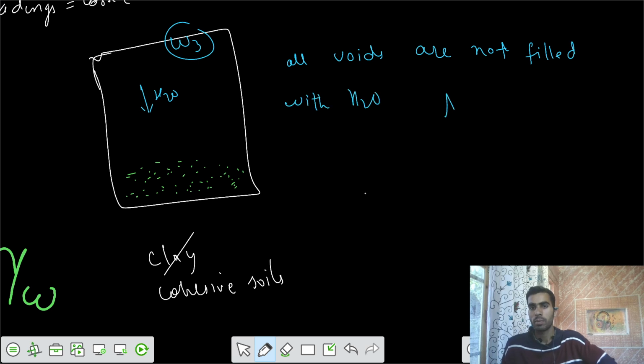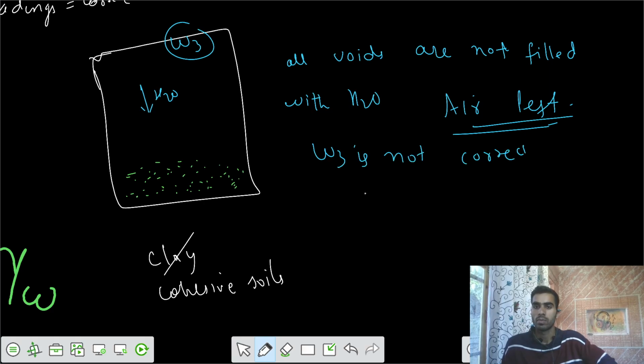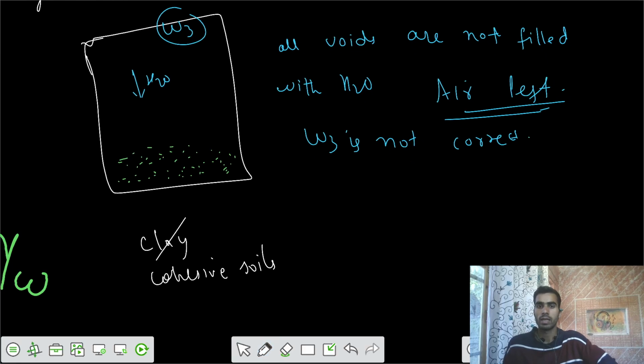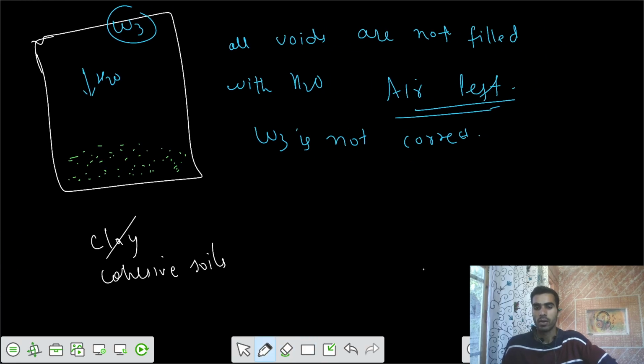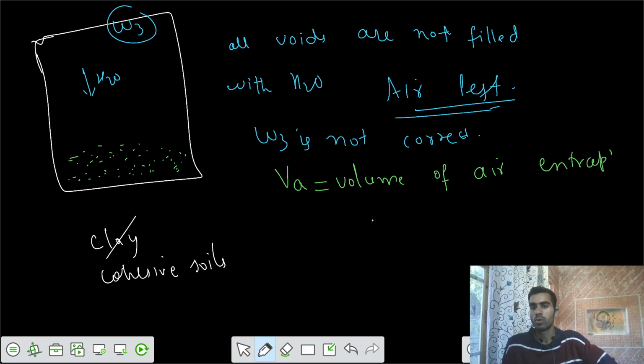That means air. There is some air left. So your W3 is not correct. W3 is not actually correct. So to calculate the actual value of that W3, let's assume that this is the volume of air that is left, the volume of air entrapped. If we have the volume of air entrapped equal to VA, then how would we say